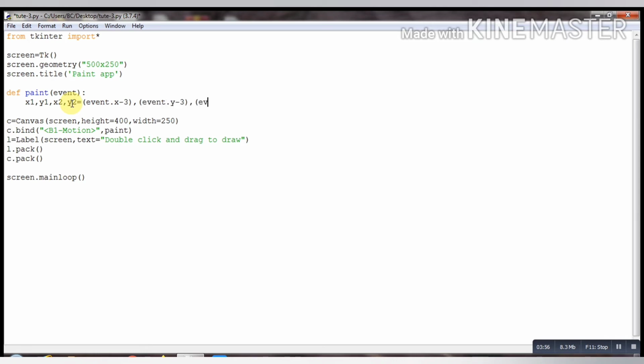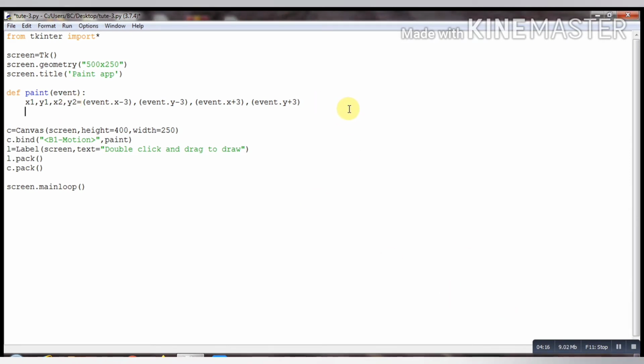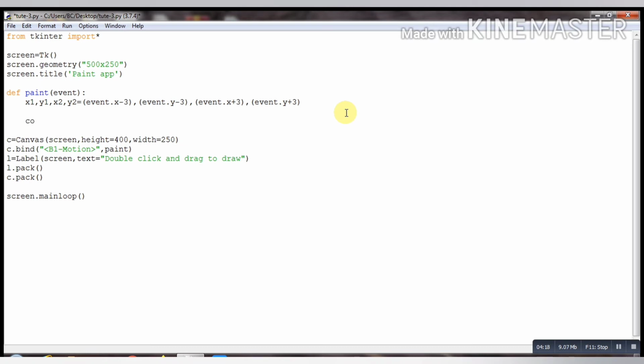And x2 will be at that point x coordinate plus 3, and event dot y plus 3, means y coordinate plus 3 at that event. Now let's name color. Let's take the color as red.